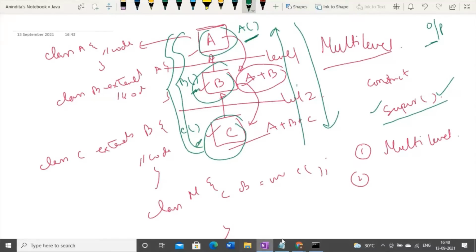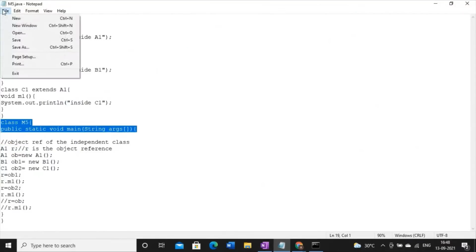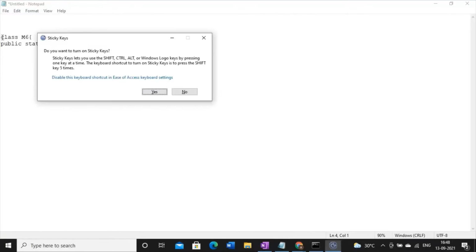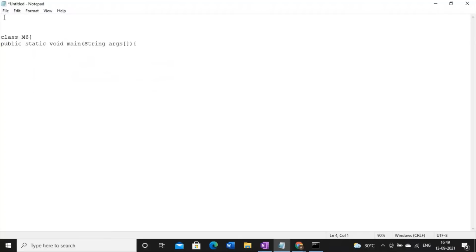So let me explain this one. This is the biggest question in case of inheritance. See this one, it's a nice one. So now we are going to implement multi-level inheritance.